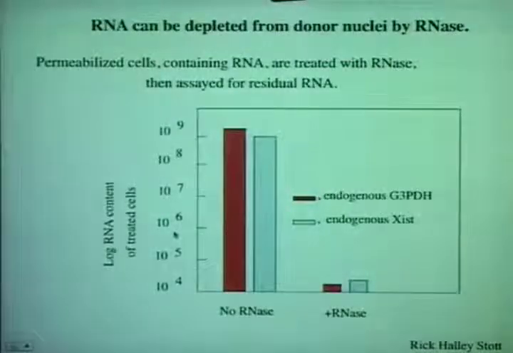And the first guess that one might well make is that the non-coding RNA could be important because it's generally speaking quite inhibitory. And so the experiment is to remove all that non-coding RNA from a suspension of nuclei